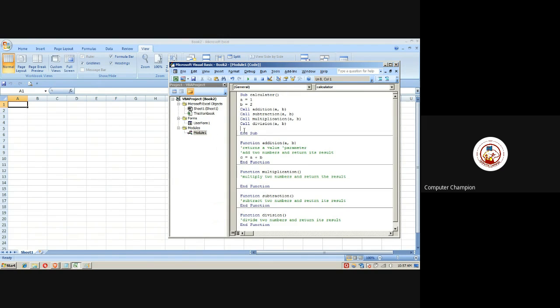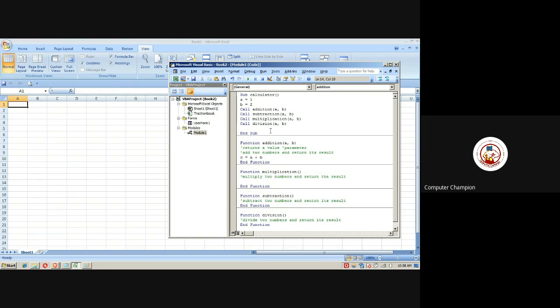Basically, what we are doing is a module, because I want you to learn the backend programming first instead of the front end. Because the front end is very simple. Making a text box, drawing a label is very simple. But after you draw a button on a form, you must understand the code behind the button. If I click on that button, what code am I applying to it? Am I right? Yes, sir. So that is why I've started with a very basic example, which is a calculator.